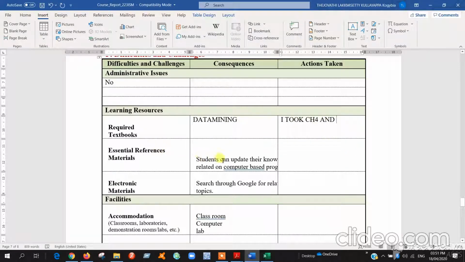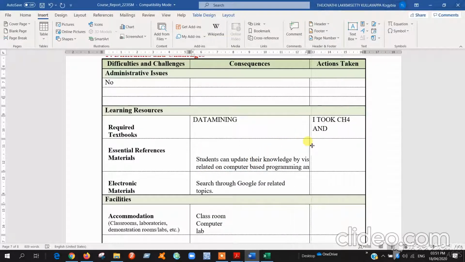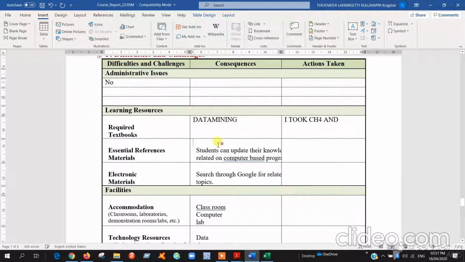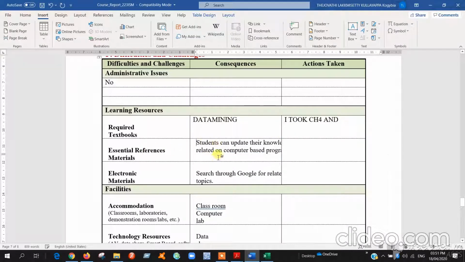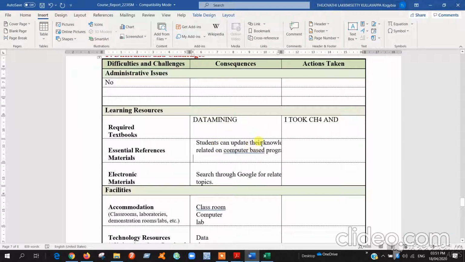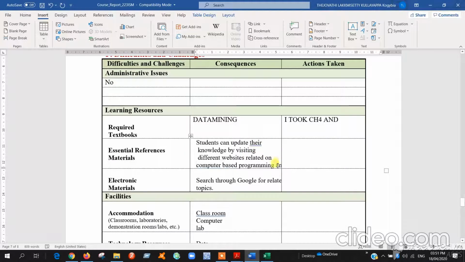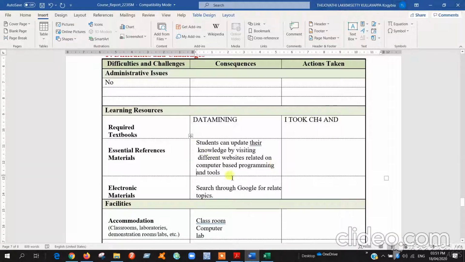And essential reference materials, with which students can update their knowledge. You can write, for example, visiting different websites. You have to write those here.